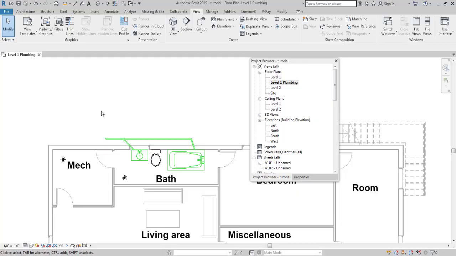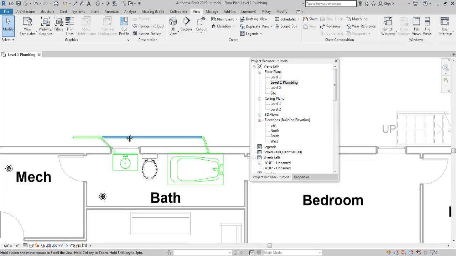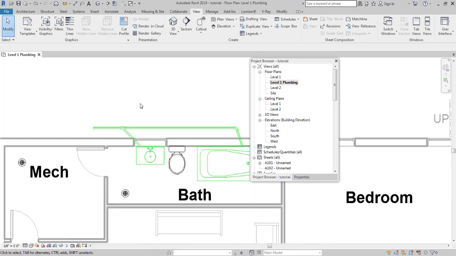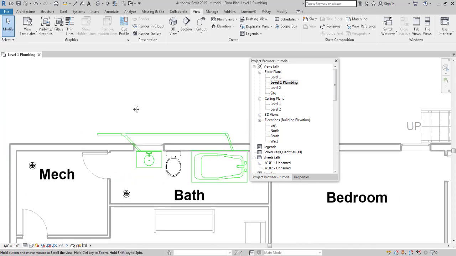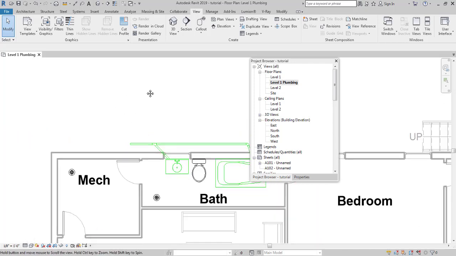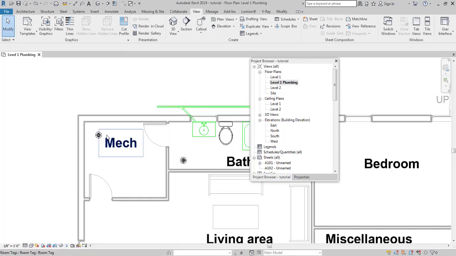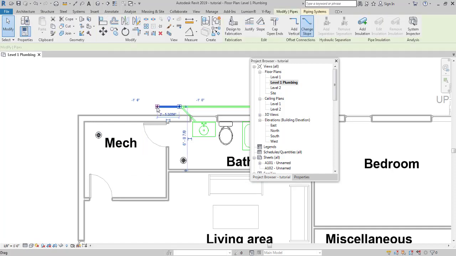Hello everyone, and welcome to the third part on Introduction to Revit MEP for Beginners. We were working on Revit plumbing. In the previous part of this video, we laid out a few pipes for the sanitary system, and we'll continue from here. So yeah, I would like to connect these two drains over here with the pipe here as well.